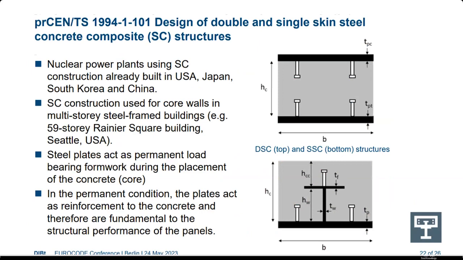And then the final one, and it will be the first to appear, I think, has been produced by a team headed up by my colleague Bassam Burgan, looking at double skin composite. So an area we've been working on for years and years. We invented the British Steel Bi-Steel system here many years ago. So this is looking at two steel plates with concrete in the middle, or it could be a single steel plate with concrete on top of it. And that will be coming out as formal guidance in the relatively near future.